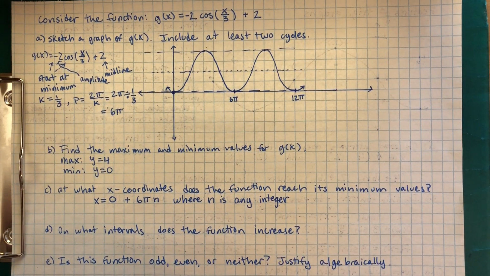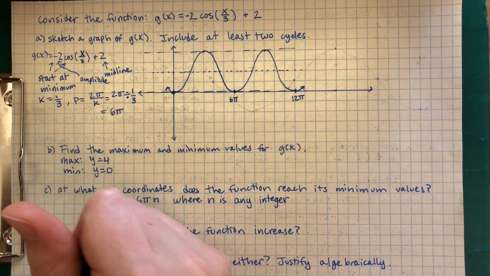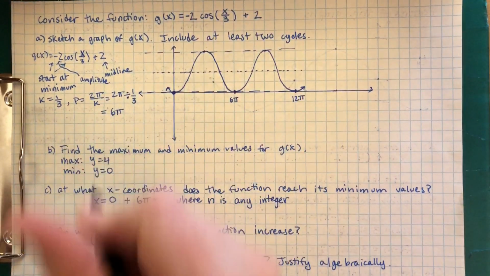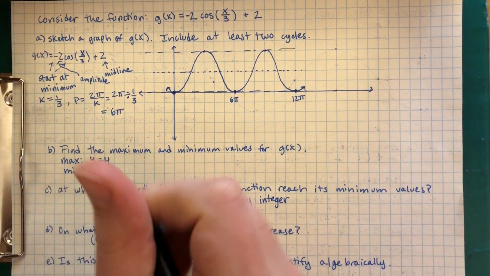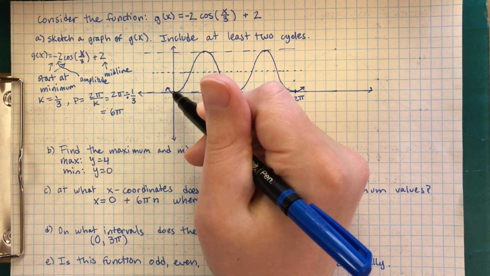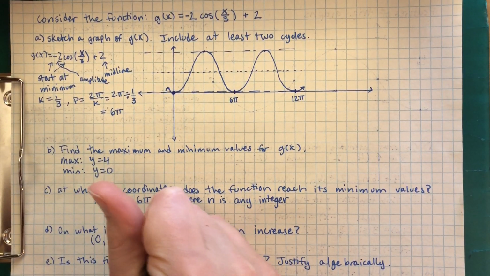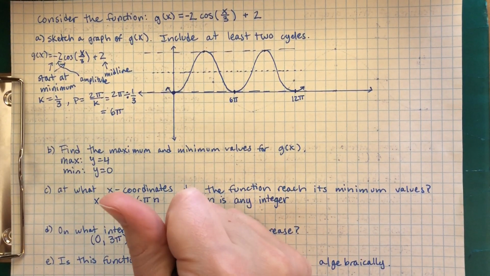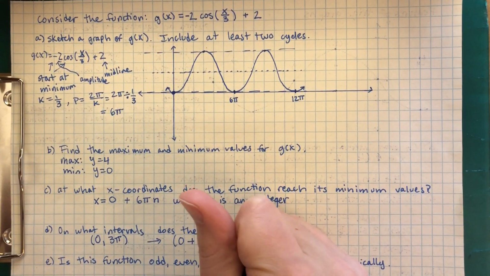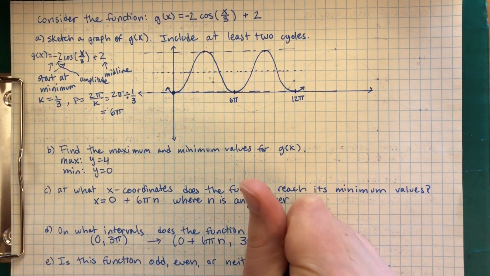On what intervals does the function increase? I can see one interval choice would be from 0 to 3 pi. As I move from here to here, my function is increasing. It's not considered increasing at this point or at this point. But then I'm going to do the same thing I did here. 0 plus 6 pi n up to 3 pi plus 6 pi n,